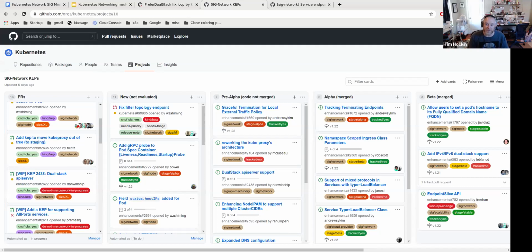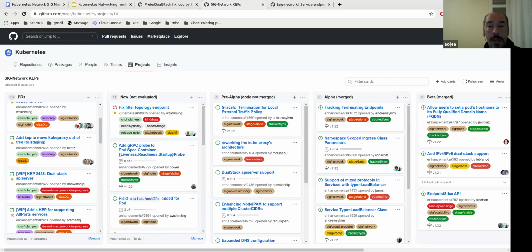These ones are very early in their life cycle and they're fairly big, like the intersection of all the internal traffic policy and terminating and endpoint slice. I would love for us to get those all into GA and be confident in them before we start bringing in a whole host of new KEPs. So I'm not saying we are going to do it, but I'd like to suggest maybe we should think about it. Somebody yell at me.